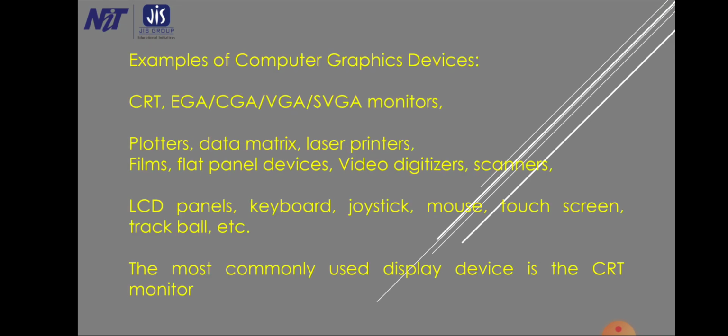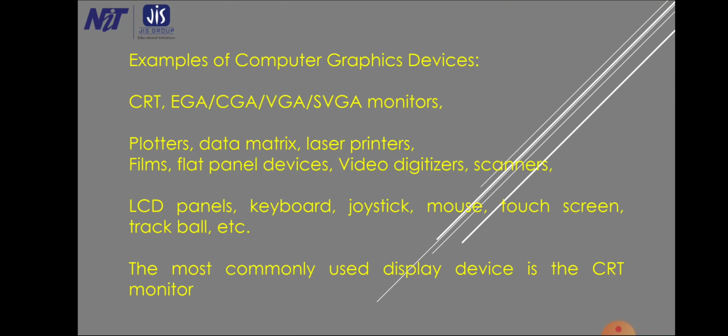In this lecture on introduction to computer graphics, of course, we have seen various types of input output devices which are used in the field, and a few of them are used for output as well as for input. The output devices are the monitors and input devices are keyboard or mouse. Let us look at a few examples of computer graphics devices, especially the input and output devices.